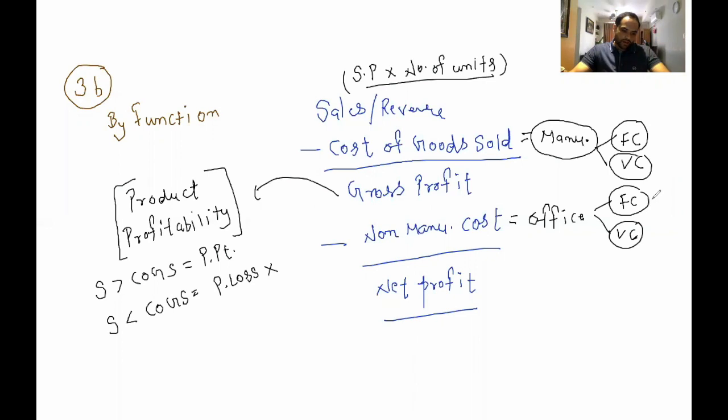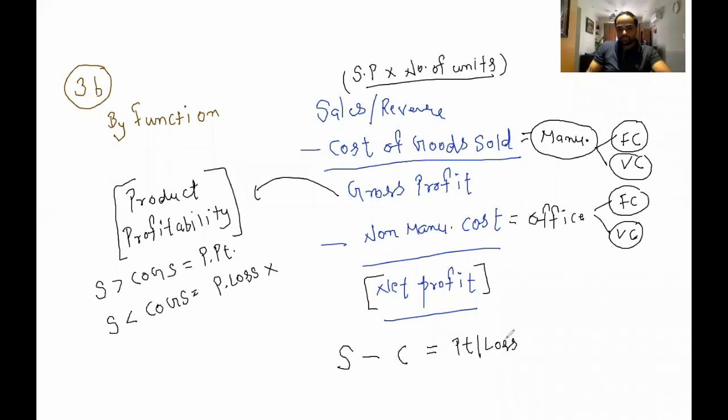Next, it could be packaging, labeling, distribution: more product, more pack, more label, more cost, right? So these are the non-manufacturing variable costs. Once we have these costs, we are going to find the net profit. So the idea is sales minus cost is profit or loss